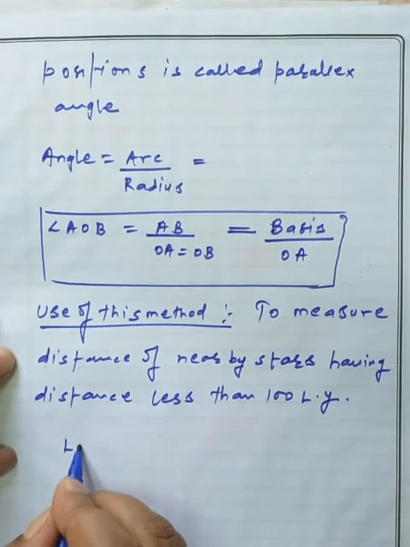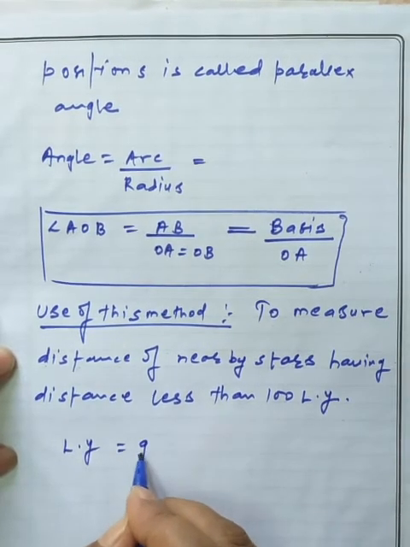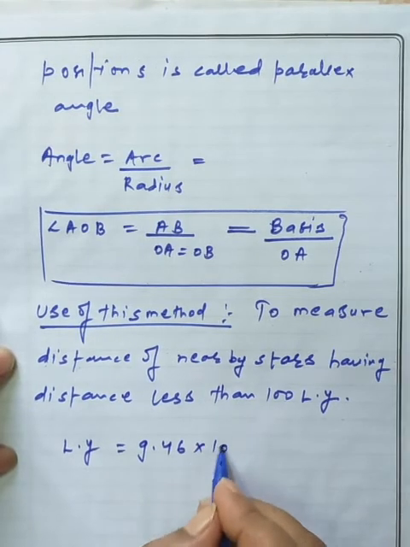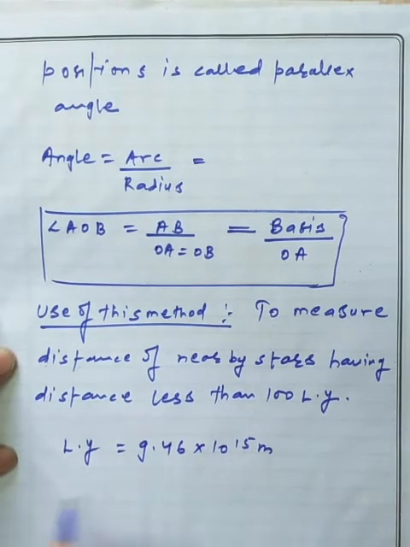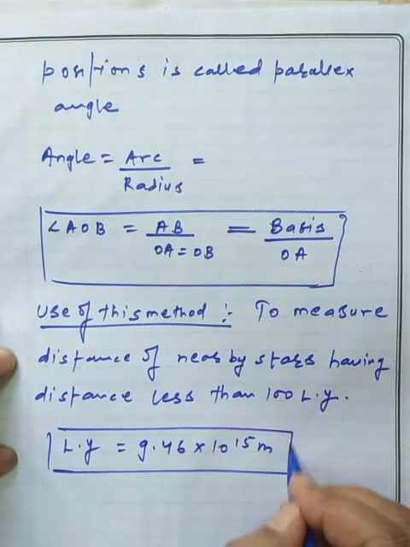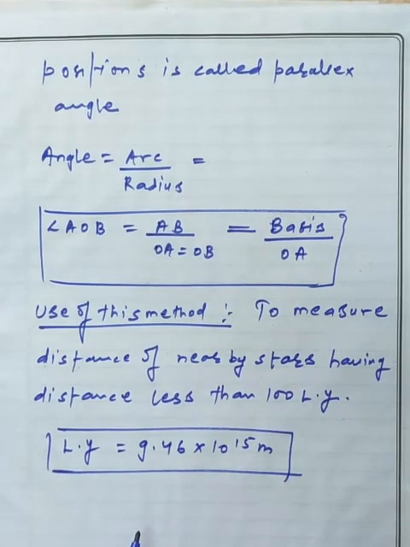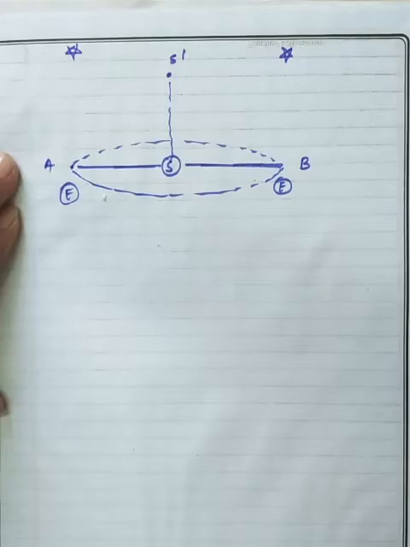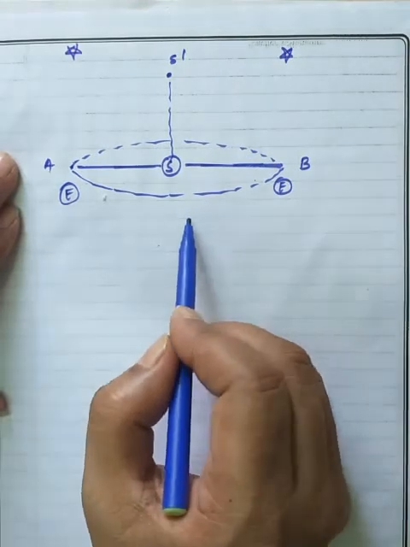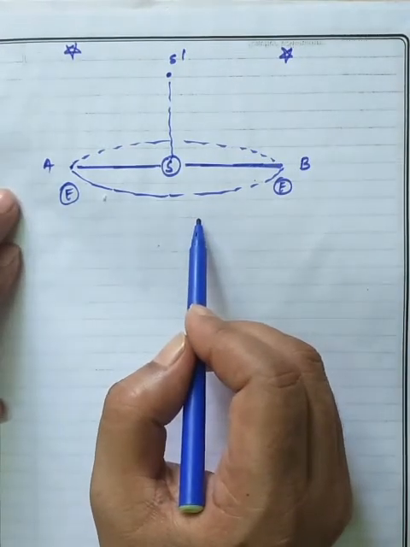We know the meaning of a light year: 9.46 into 10 raised to power 15 meters. So for the stars that lie within 100 light years, we use this method to find their distance. To measure the distance of a nearby star lying less than 100 light years away,